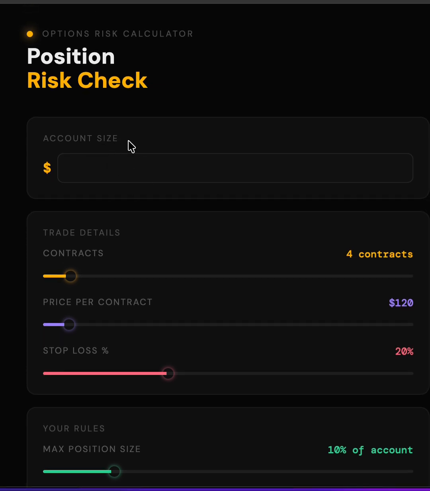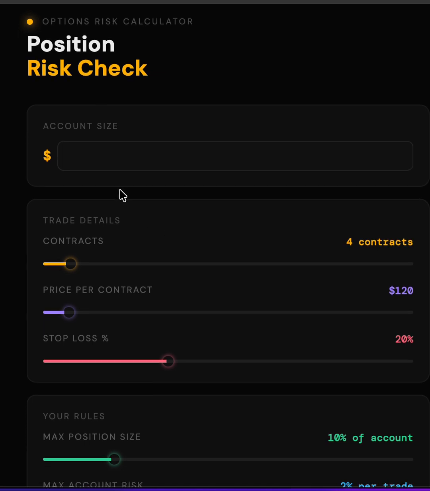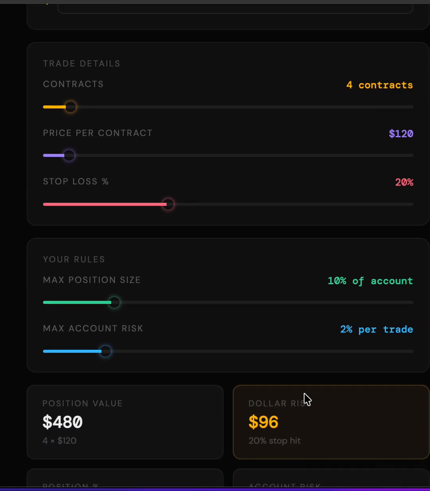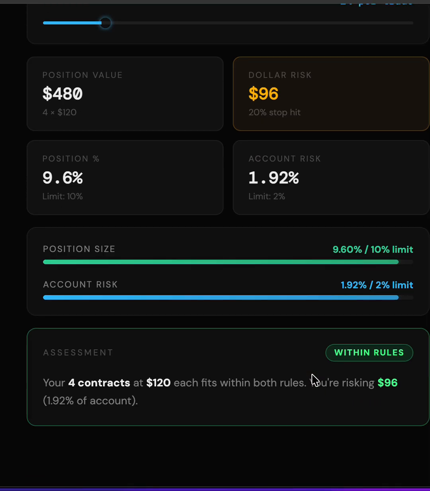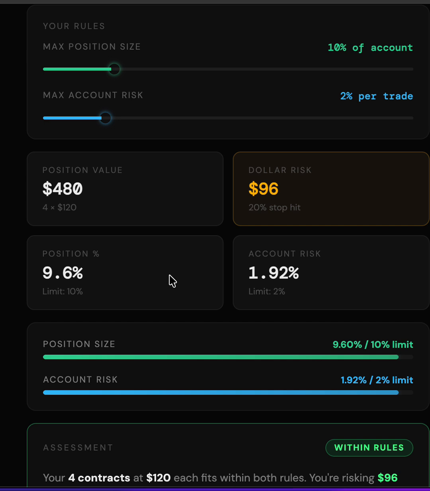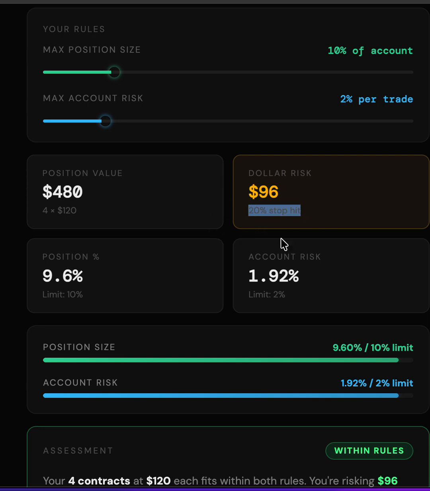So this calculator basically calculates your risk when you're buying contracts, and it also monitors your overall account size and makes sure you're not breaking the rule set, which I have sort of made here. And this rule set is keeping your position size respectable, and making sure that if your stop loss is hit, which is a 20% stop loss, then you're only risking around 2% of your total account, and the limit is 2%,